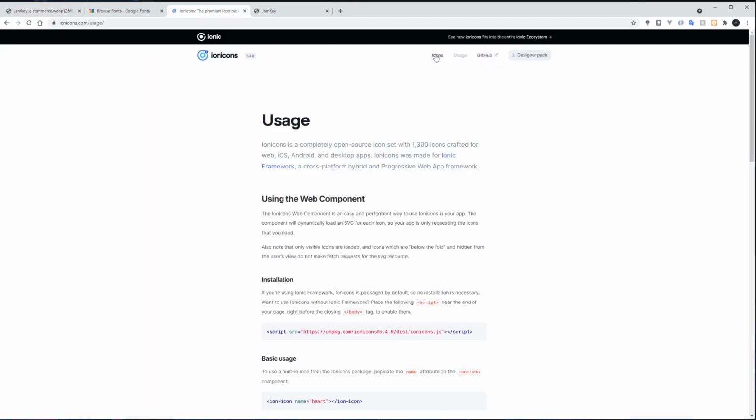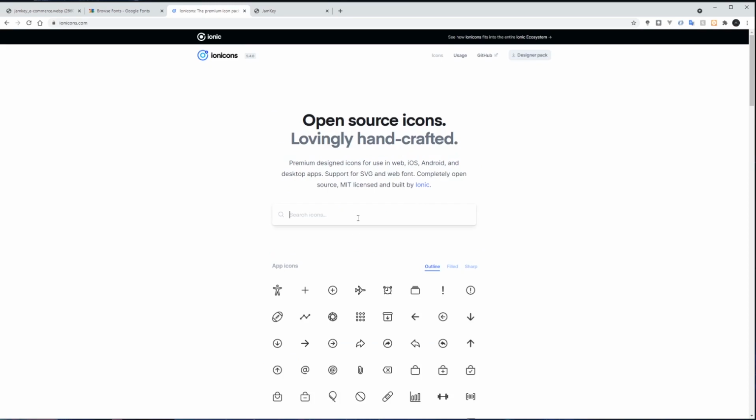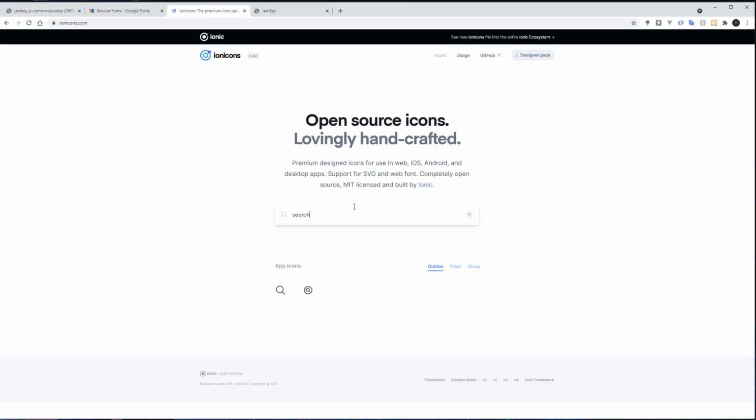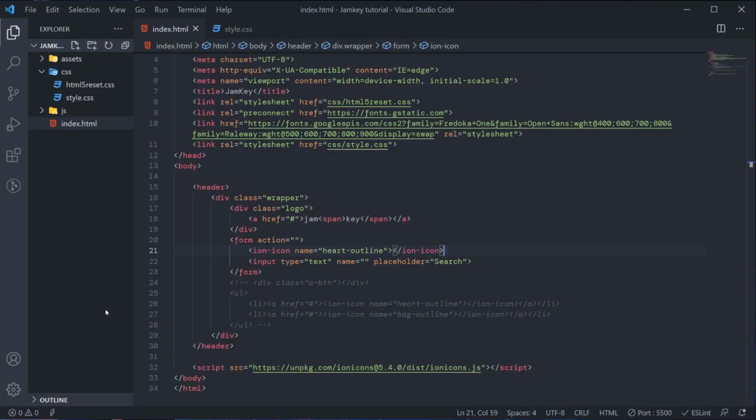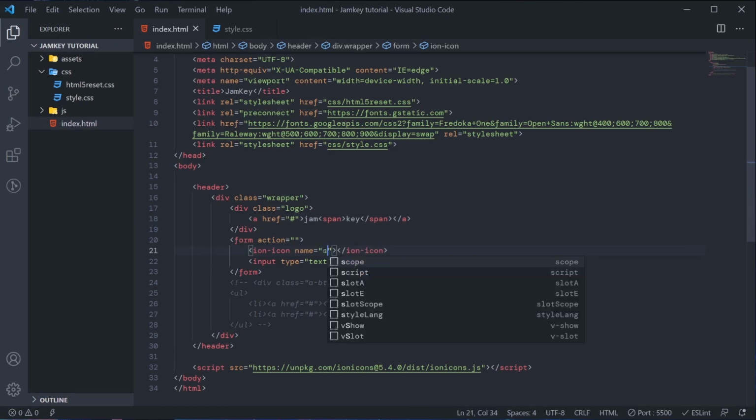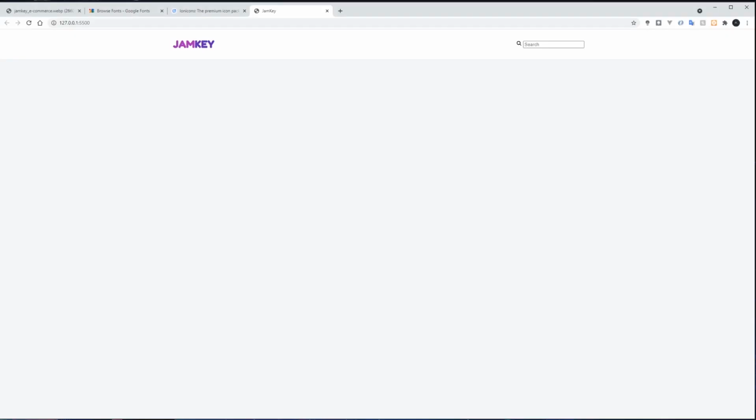So the search icon here now, we'll use just this one. Outline or filled, more easily filled. The outline is too thin, so we'll use the filled. I'll just click copy. I'll just type the search there. So I'll come here. Instead of this, I will type search, and hopefully it renders there. You see it.